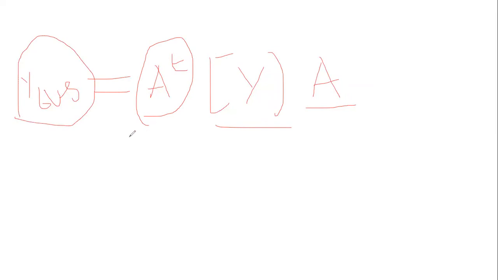First we multiply the A transpose matrix into Y. After that, we multiply into A. Then we obtain the Y bus matrix. This is the procedure for solving the Y bus matrix by using the singular transformation method. Clear? This is the formula for determining the Y bus matrix by the singular transformation method.